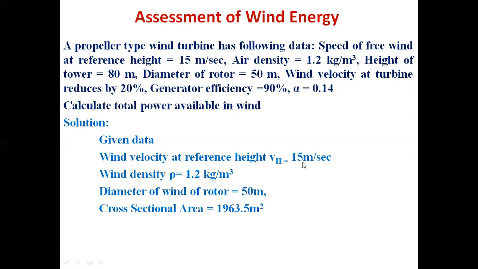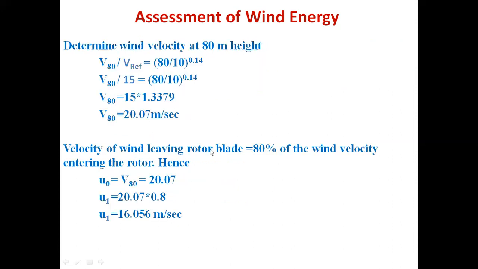And keep in mind, at the reference height the wind velocity is 15 meter per second. That means this is the velocity of the wind at a distance of 10 meter from the ground, and it has density 1.2 kg per meter cube. So these two parameters we will have to use for calculating the total power available in the wind. After determining the cross-sectional area of the wind, we will calculate the velocity of the wind at